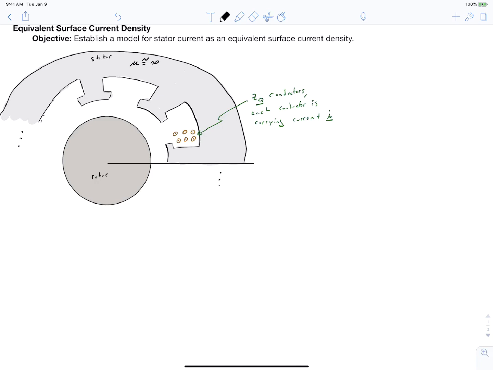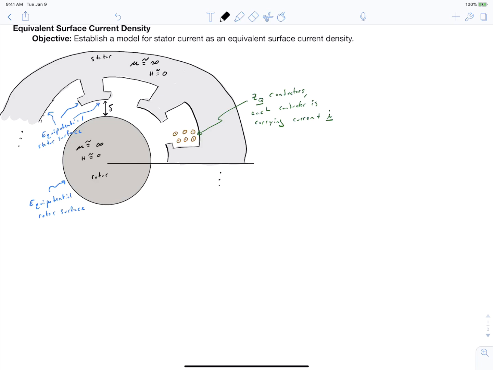And remember that this assumption is due to the fact that if we have unsaturated steel, our air gap permeability is so much lower than the steel permeability that for most of our analytic modeling purposes we can consider the steel to have a permeability of infinity. And what this means is that the H field in our iron regions is approximately 0, so that our entire stator surface and rotor surface become equipotential. And we'll assume that there is a certain air gap between our rotor and our stator,